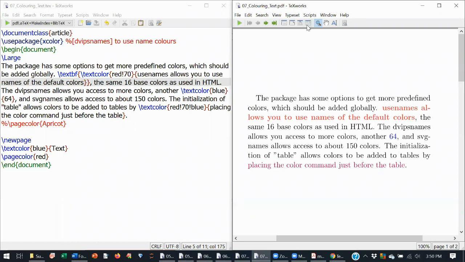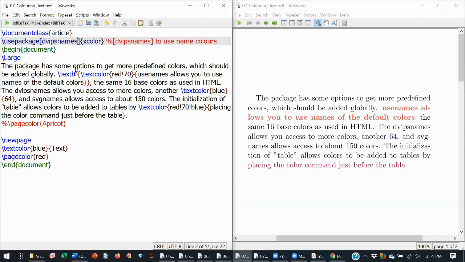So page coloring is also there. Okay, you can have page coloring. So this xcolor supports another argument known as dvipsnames. So there are some color names. You can search on the internet for standard color names, and you will get the color name.